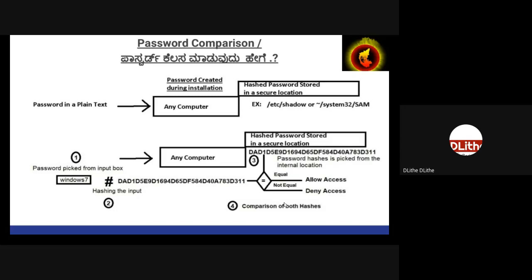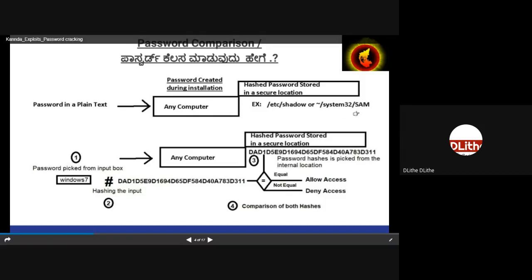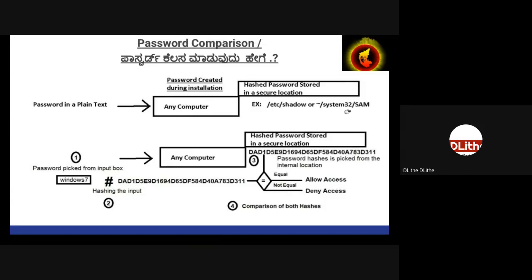What happens is that whatever password you have typed in plain text, that password will be converted into a hash and it will be stored in your system. This is what happens in every computer. Whatever password you type while creating a profile will be converted into a hash, and that hash will be stored on your particular system. In Windows, it is stored in the SAM file. In a Unix-based machine, it is stored in the shadow file. But at the end of the day, in both cases, it is stored in some critical location. As simple and straightforward as it is.